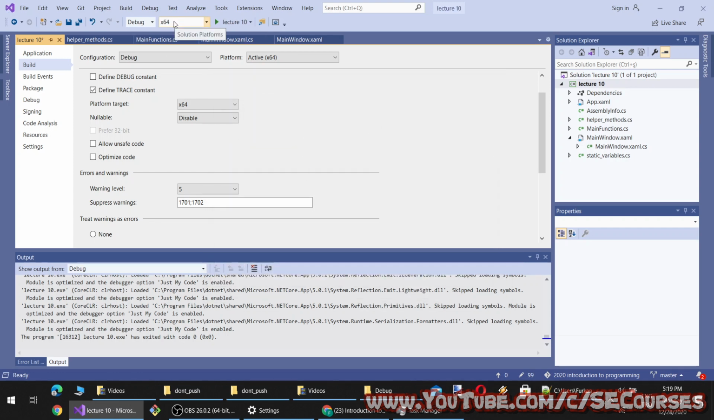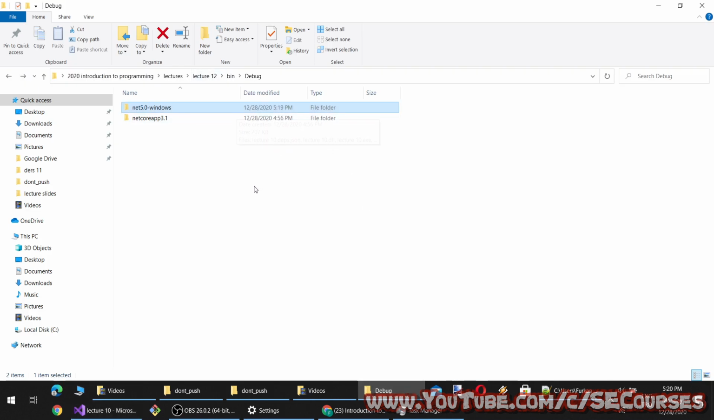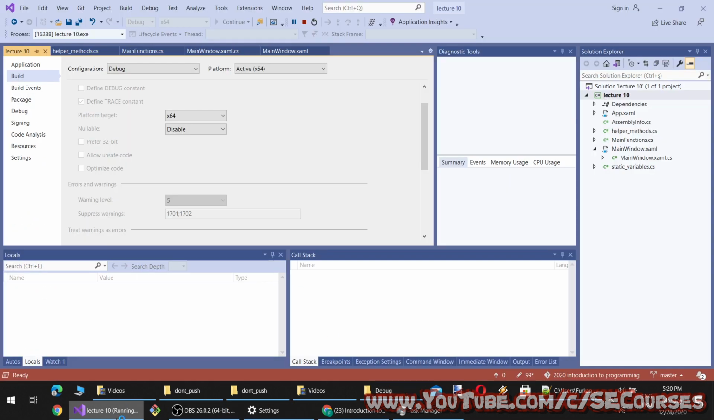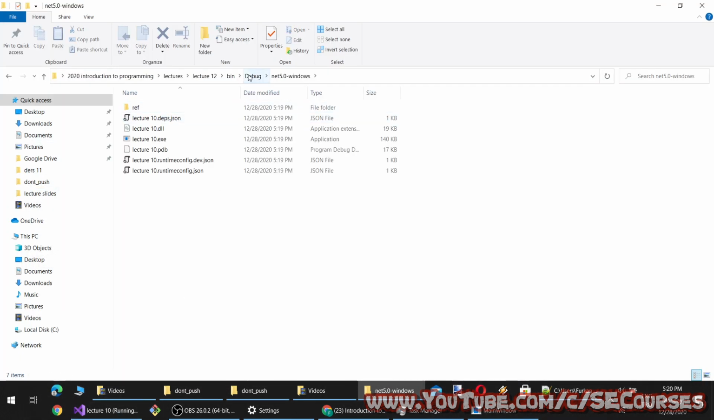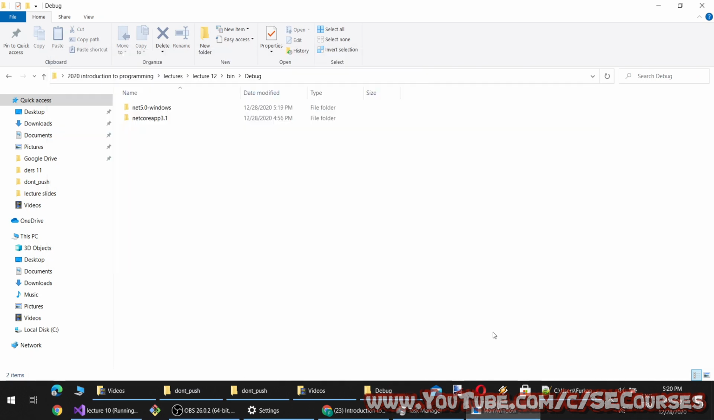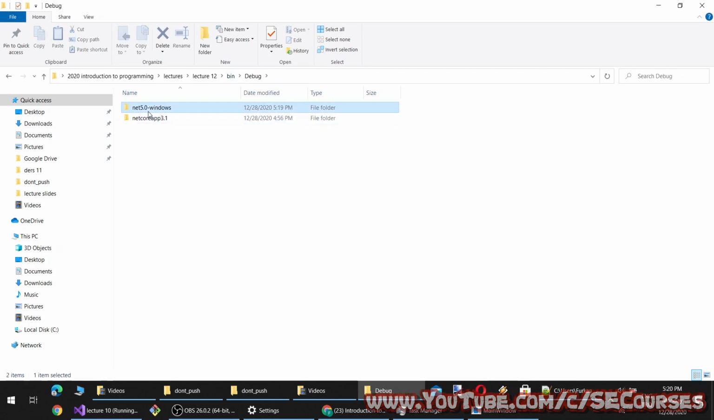Okay, you see now it is x64, which means 64-bit application. And now there will be another folder generated when the application starts. Okay, let's check it. Interesting, it didn't generate. Oh, here. You see under binary folder, now we have x64, and inside it now we have debug, and inside it we have .NET 5. So I have to copy my previous user's file to here as well, because